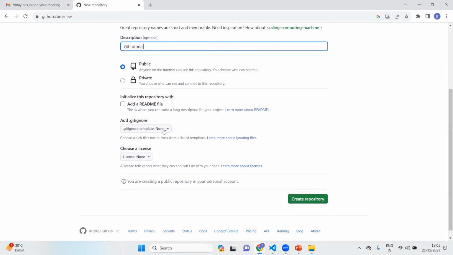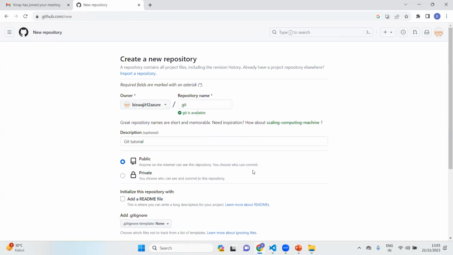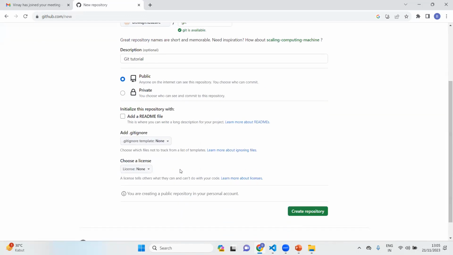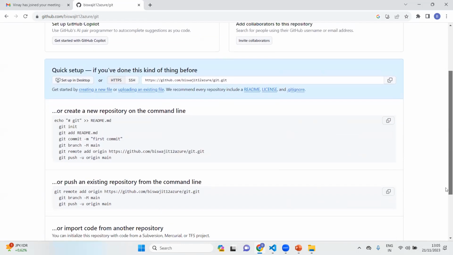add .gitignore. If you want a .gitignore for any language, you can do it. Now choose a license; we don't want any license as of now. Okay, so we'll create a repository now. See, after creating a repository,